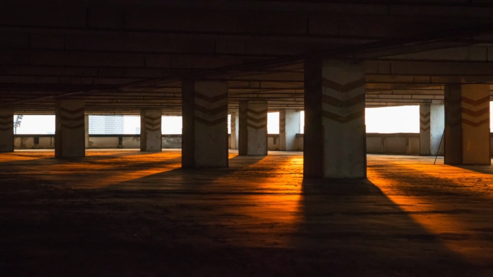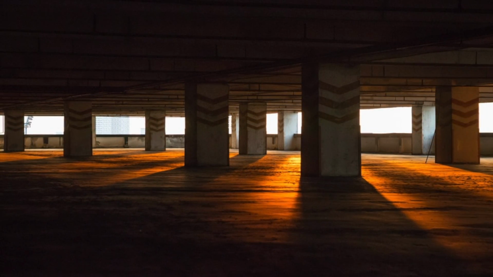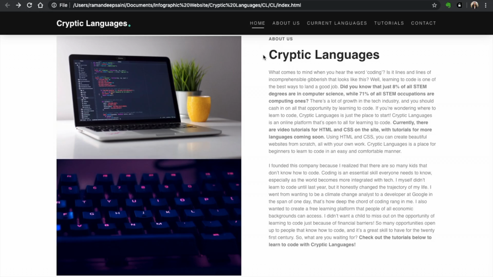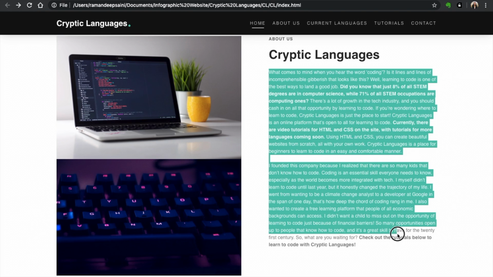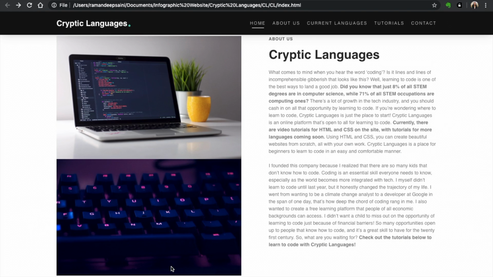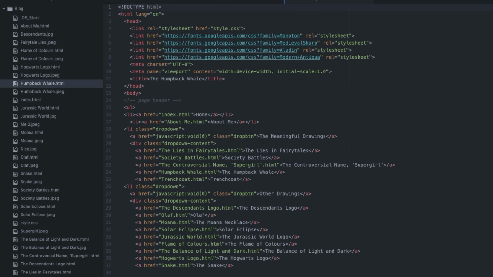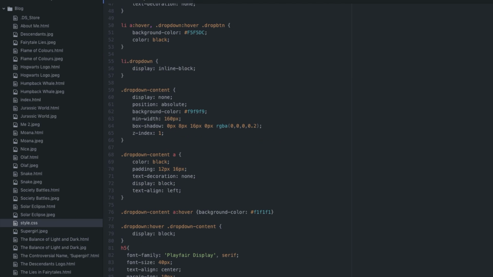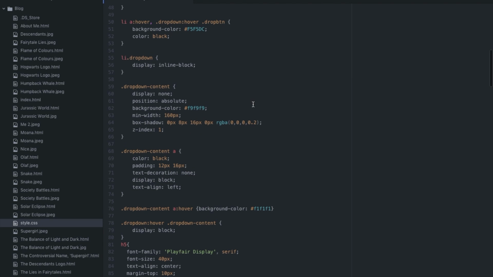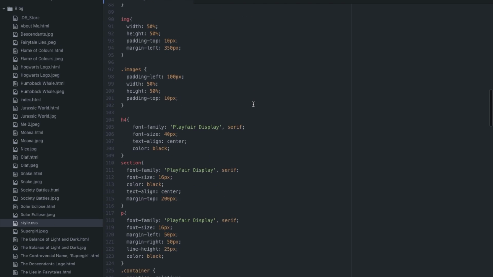The purpose of this language is to build the foundation of the website with just the text. The HTML file also tells the browser how to structure a web page. For example, it tells the browser where a heading goes or where a specific paragraph is supposed to be. HTML isn't used to design the website, although it could be if you're coding in an older version of HTML. However, this process is inefficient as you would have to code the design for every website you create, whereas with CSS, there's only one file created to design the entire website.